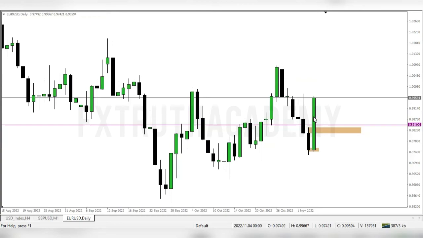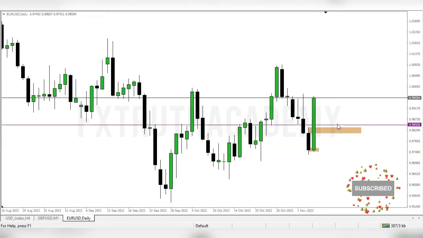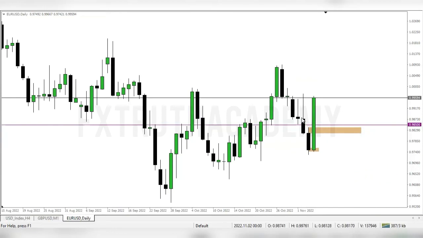So far so good. You can see the expansion to the upside. So you can now know the reason why I'm anticipating price to drop into these zones, into this 500 level, or this particular area right here. Why? Because this is an order block, and this is also the mean threshold of these whole down candles.